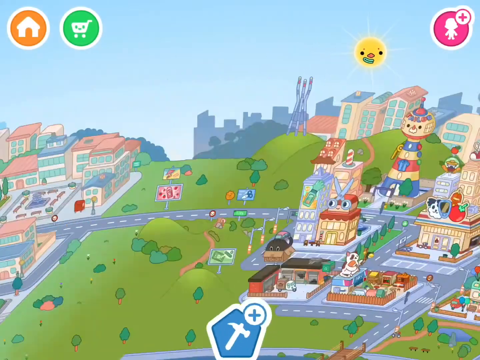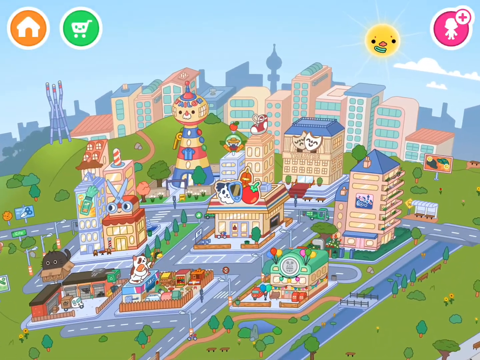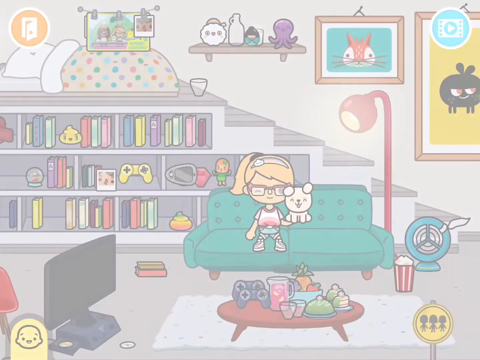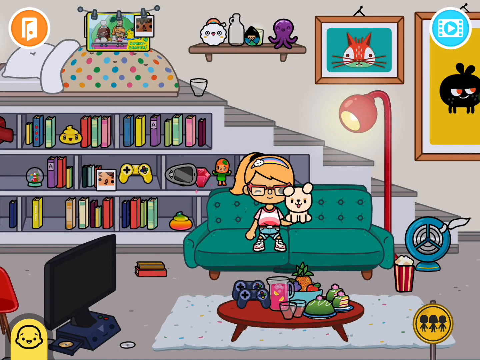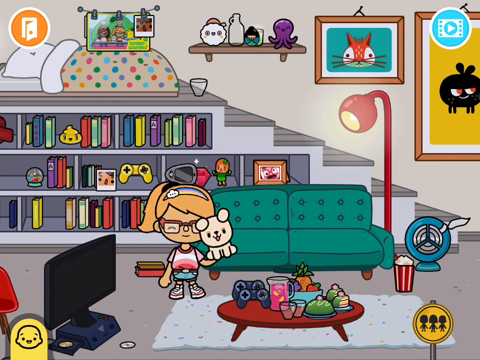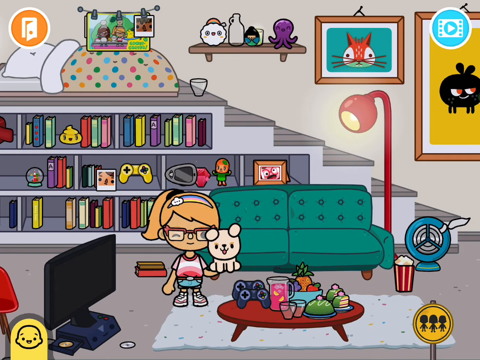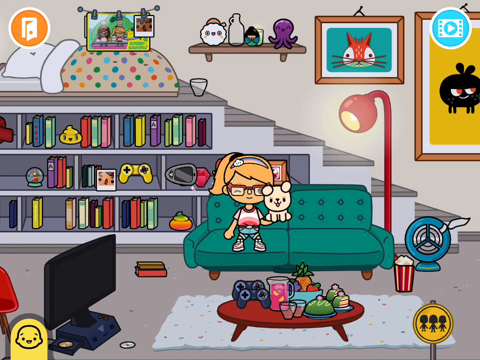All right, I'm going to swipe over to the right again, and then I'm going to touch on this tall building here. It's an apartment. And this is going to look a little different than yours. One of the things that I did to help keep kids motivated and having fun with this game is I let the kids make Toca versions of themselves and choose a house. And so this little girl here is actually one of my Toca versions of my patients, and she chose this house to live in, but when you load yours, there'll be different kids in here.